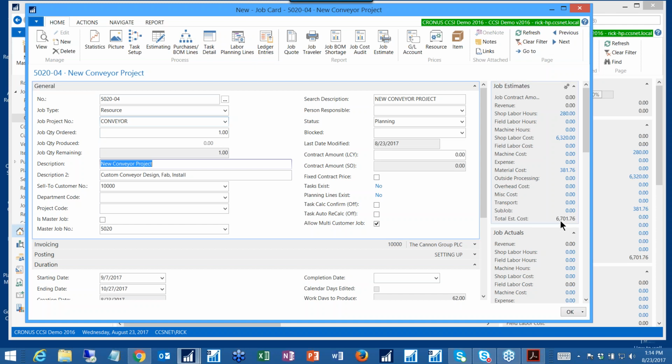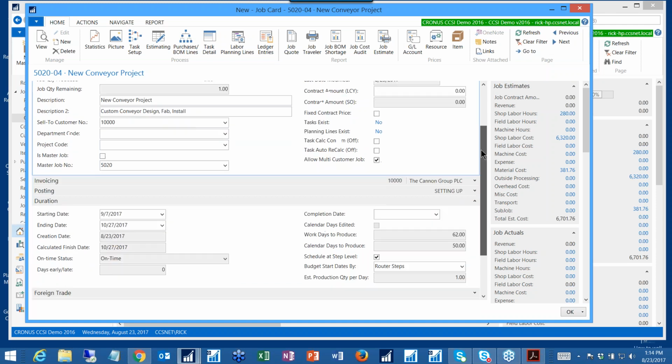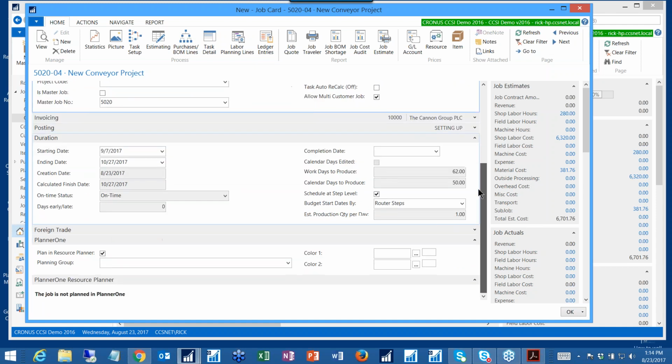There's the total, so $6,701. That's coming from my template. And I'm also going to change this job to an order job so we could post to it if we needed to. Now, the one thing I showed on the handout that you've got is that you want to be